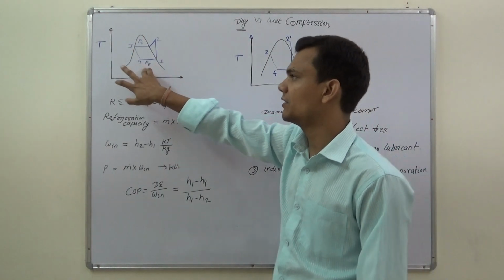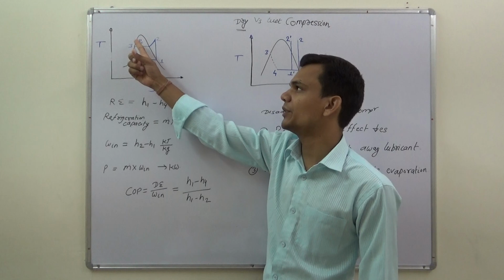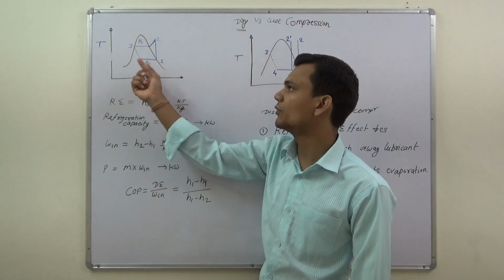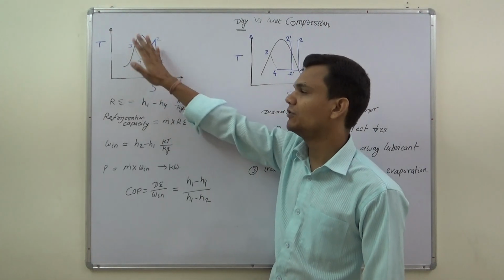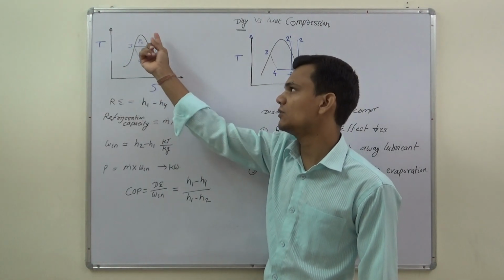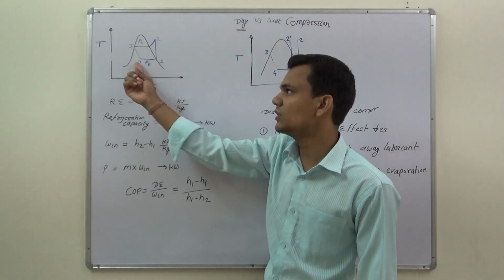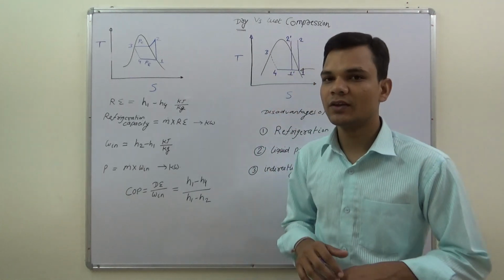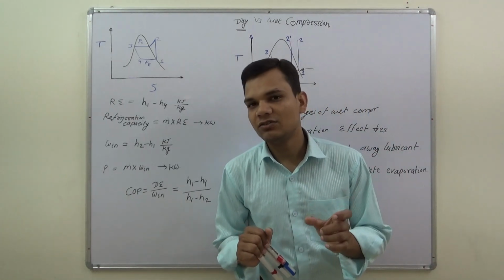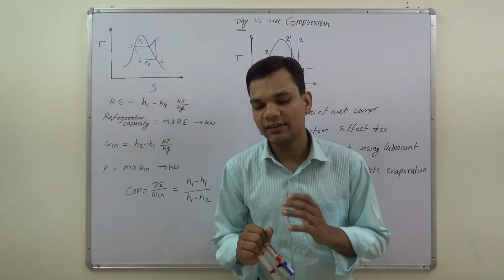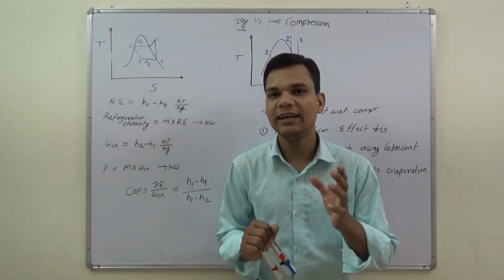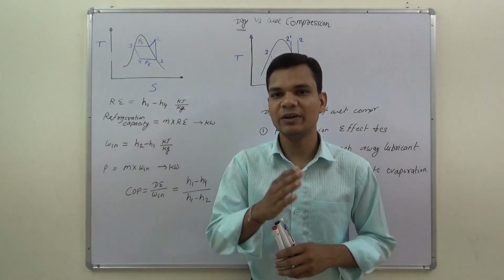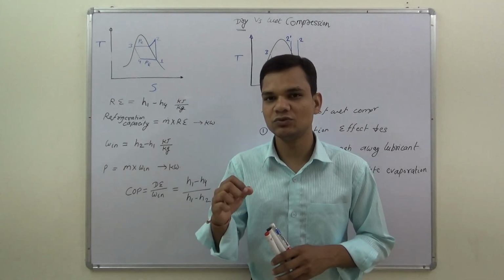Here I write the pressure at the evaporator and the pressure at the condenser. Also I write points 1, 2, 3, 4, where point 1 to 2 is showing the compressor, 2 to 3 is showing the condenser, 3 to 4 is showing the throttling valve and 4 to 1 is showing the evaporator. We understand the function of the evaporator, compressor, condenser and throttling valve. Evaporator and condenser are both heat exchangers used to transfer heat from one medium to another medium, or from system to surrounding.